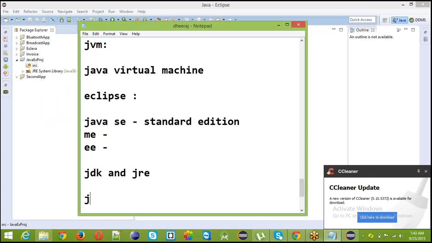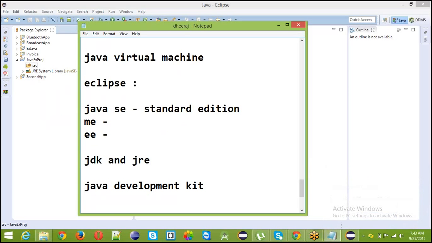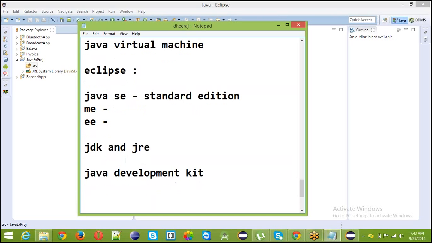This is very simple. JDK is nothing but Java Development Kit. If you want to develop, you need JDK. But if you only want to run, with no need to develop the code, then you can use JRE.